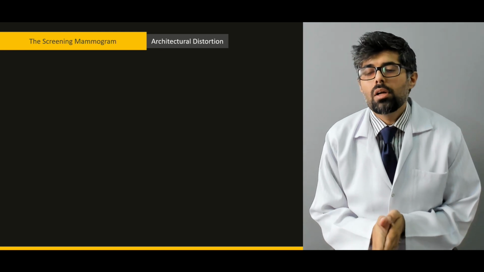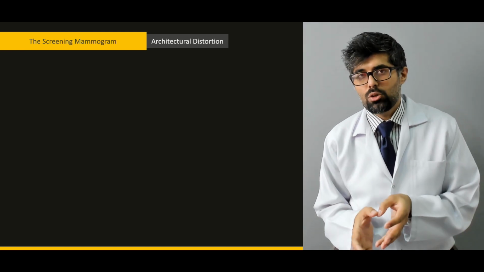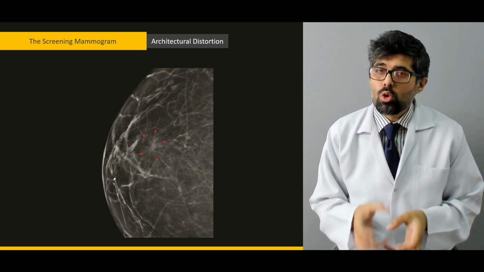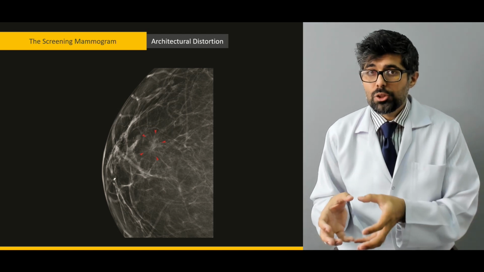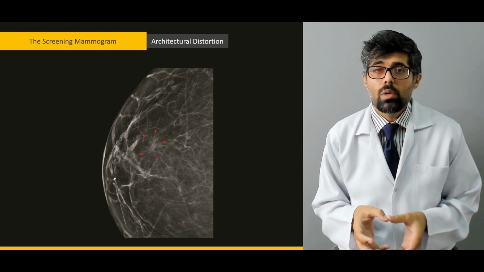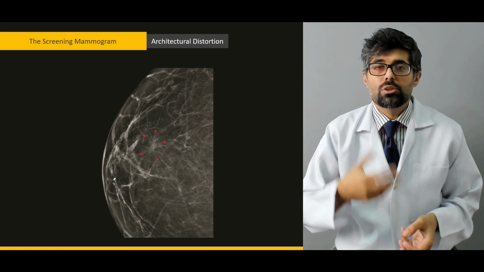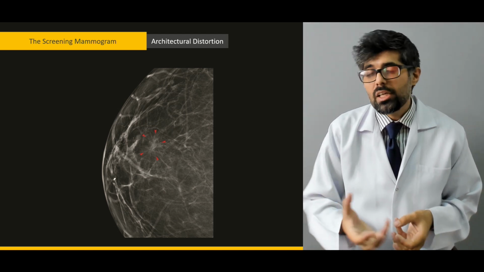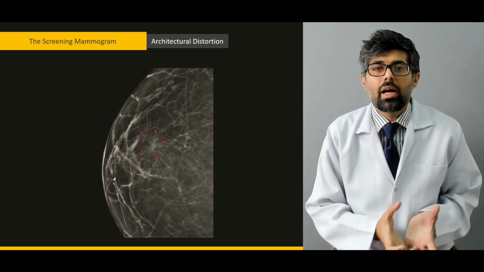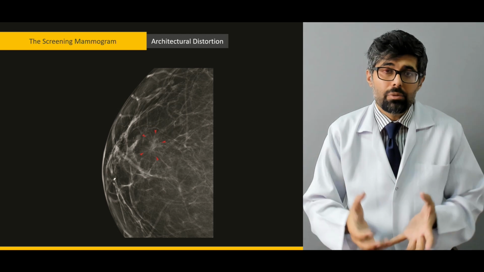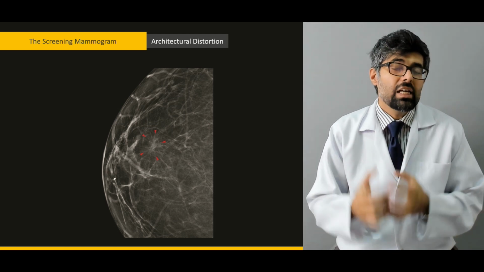Next, we'll learn about the architectural distortions. Now, sometimes tumors do not cause a density to appear in a mammogram. Now, what they do is that they perform an architectural distortion. An architectural distortion can be defined as the structure, the whole structure of the breast, along with the skin, is